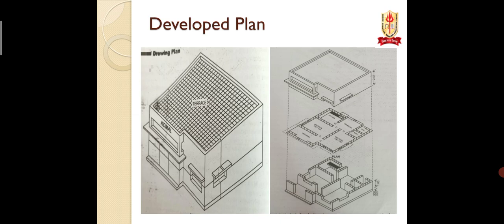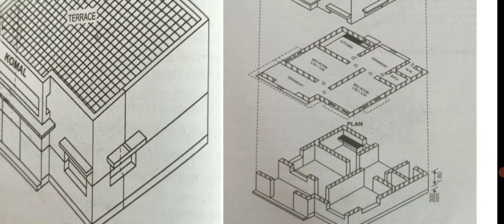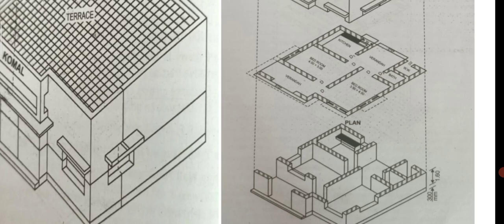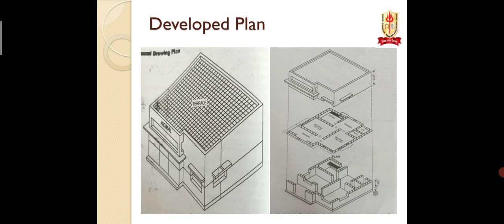As you can see over here, this is how you are going to draw the development plan. In the development plan you can see the name of units, where this unit is, the size of the unit, where the doors and windows are, the projection of chajja, the projection of the roof, the plinth area, everything has been shown in the development plan. Even the section line and north direction should be shown in the development plan.